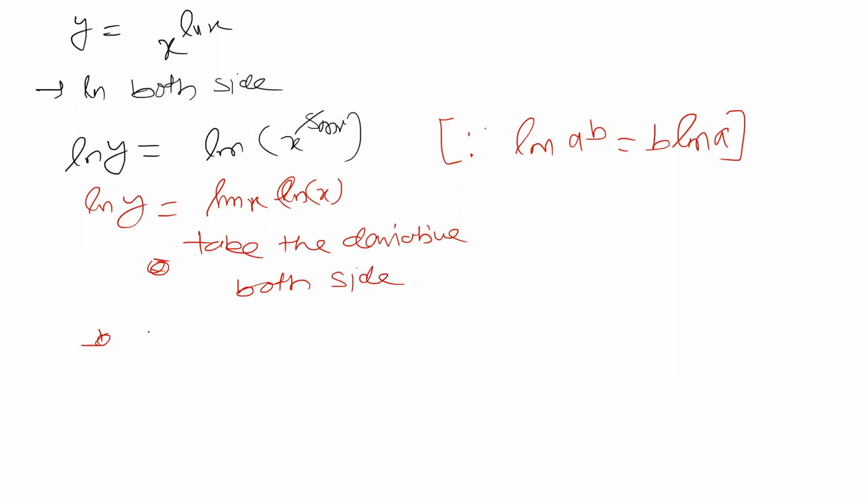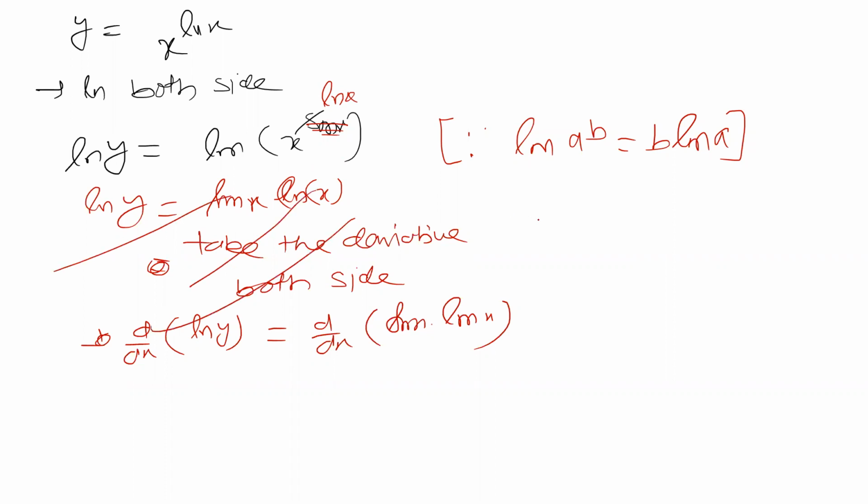Then we can also write d/dx of sin x into ln x. Actually here it is not sin x, it is ln x, I think. No? Here one is missing. Actually here it is x power ln x. So we were writing sin x here instead of ln. Okay, no problem, we have to correct it.